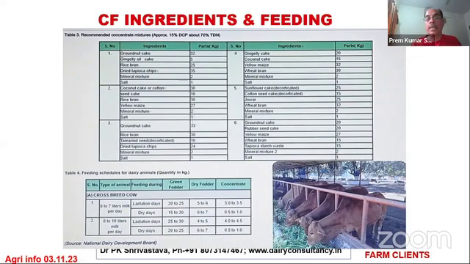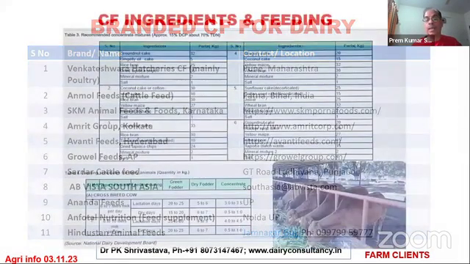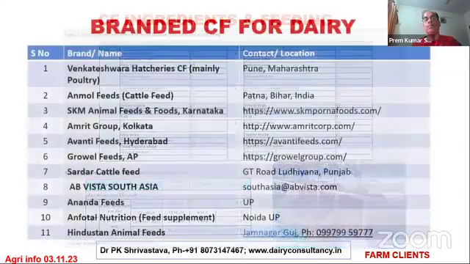Yellow maize 27 kg, wheat bran 15 kg. So this kind of thing, we have given 6 types of formula, and that is from TANUVAS. It is from the university. The site is given over here, and it is supported by NDDB. You can see this, and there is a quantity also given for 6 to 7 liters of milk per day: how much concentrate to be given, how much dry fodder, how much green fodder. So we thought of giving it to you in a nutshell.